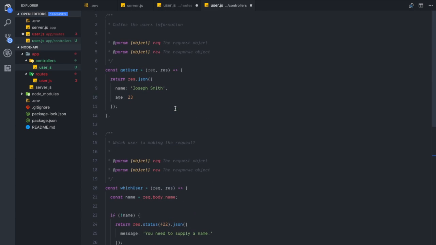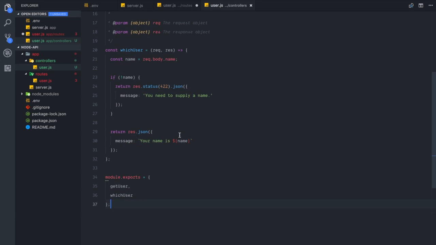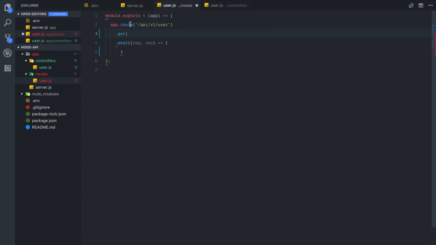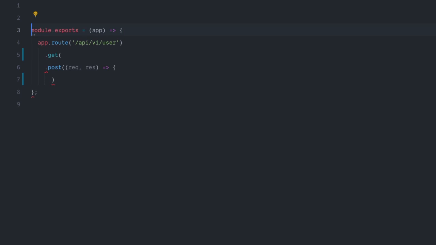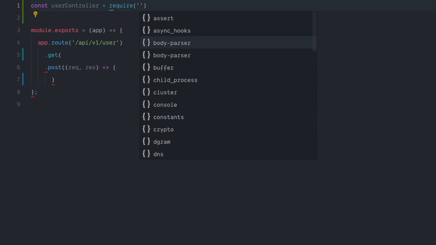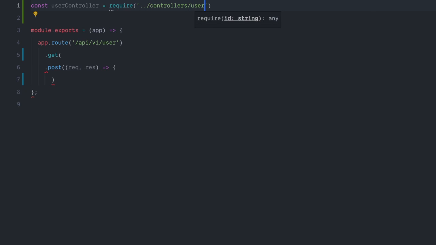Okay, so that's the user controller pretty much done for what we know so far. So now let's just import this user controller at the top of this file, or require even. And we need to go back a folder into controllers and then require user, like so. And then we can say the get request is userController.getUser. And then we can get rid of all of this, and we can say the post request is userController.postUser,